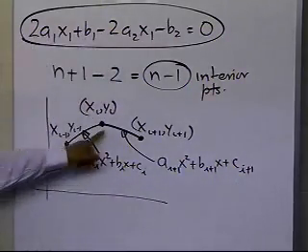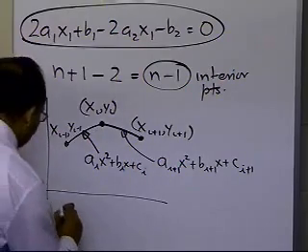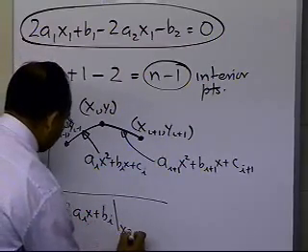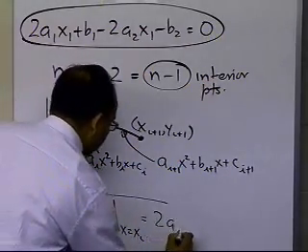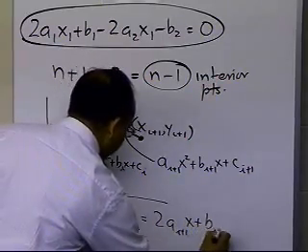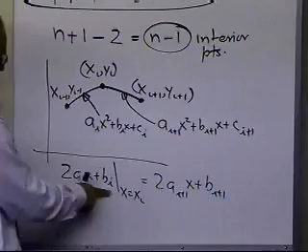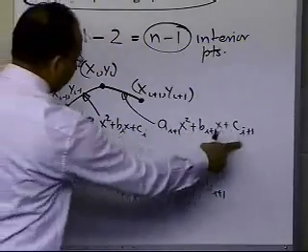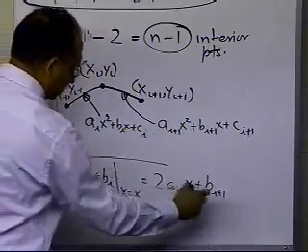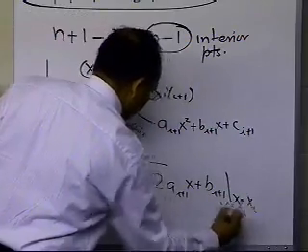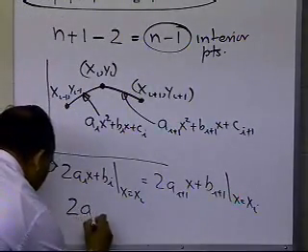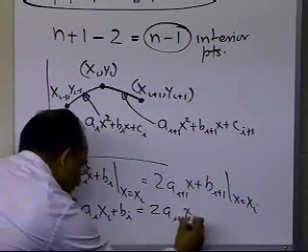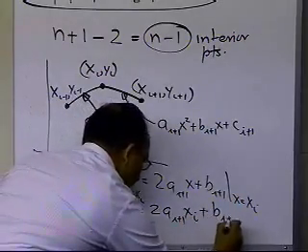And I want the slope to be the same at this particular data point, which implies that 2 a sub i x plus b sub i, calculated at x equal to x sub i, will be the same as 2 a sub i plus 1 x plus b sub i plus 1. And the reason we have 2 a sub i, this kind of expression, is because we're taking the derivative of this spline, and the derivative of the next spline is 2 a sub i plus 1 x plus b sub i plus 1, at x equal to x sub i. So what that means is that 2 a sub i x sub i plus b sub i will be equal to 2 a sub i plus 1 x sub i plus b sub i plus 1.